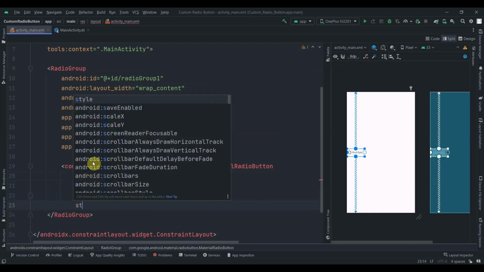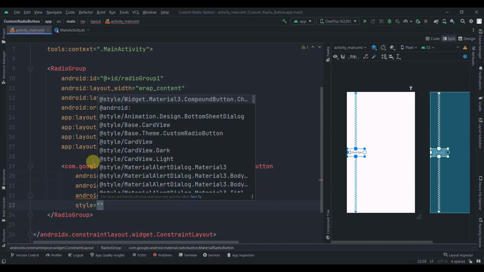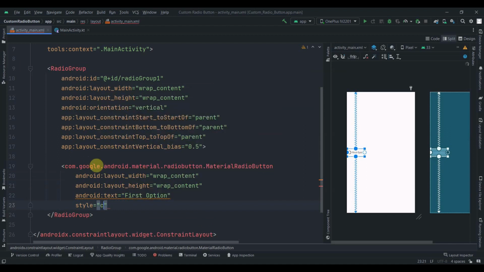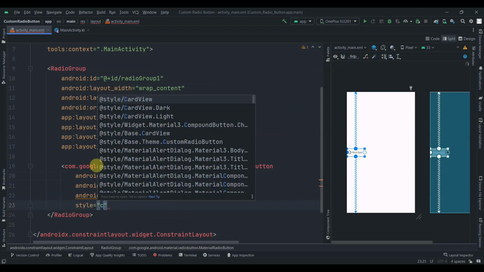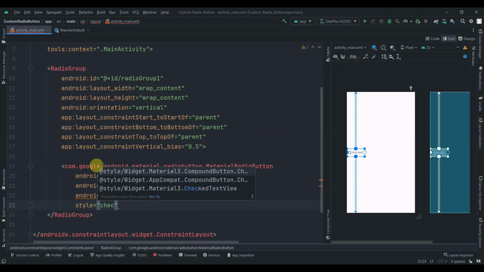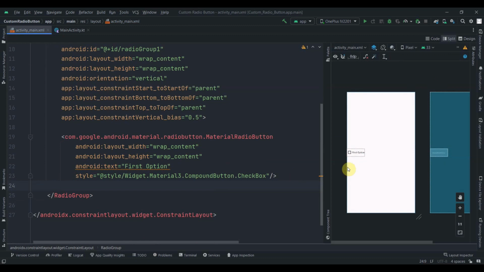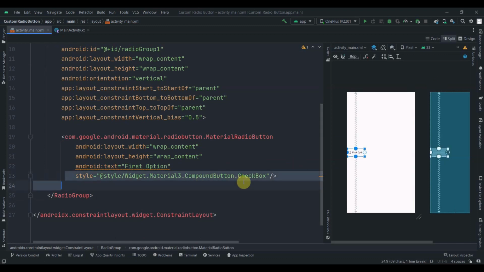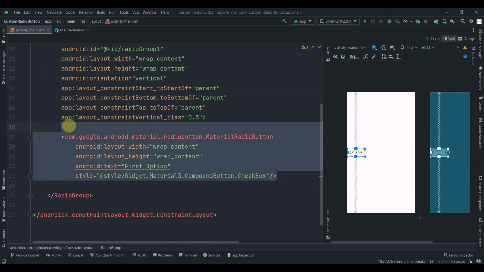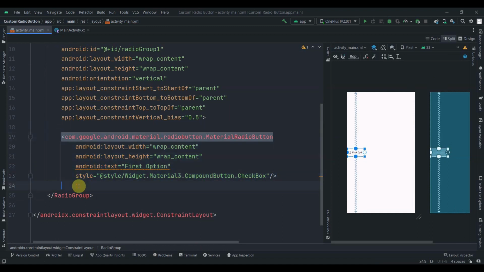and then I'll provide a style to it. So style will be checkbox, so we'll use a material checkbox over here. Cool, so this is simple. In order to create a radio button to look like a checkbox, you just need to add this style and that will be done. Now I'll copy this 2 times